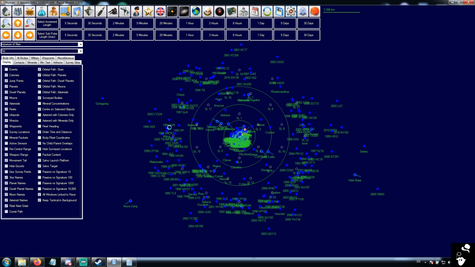So, now that we are in here, let's talk about the UI. No, we're not going to talk about the blue and the green, but we're going to talk about the UI itself. We've got a couple of things to start with. First things first, you will find that up here